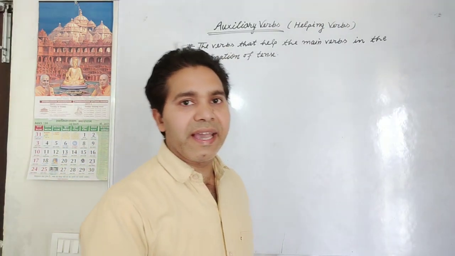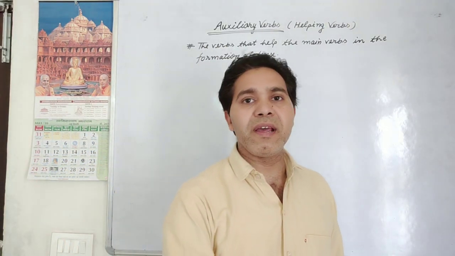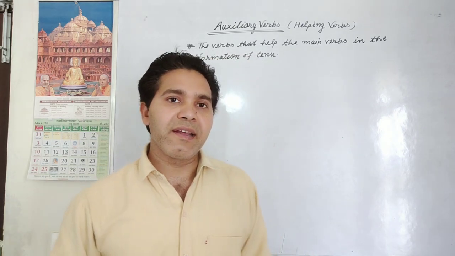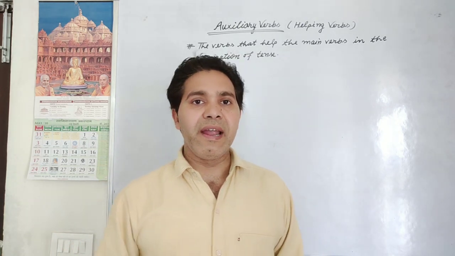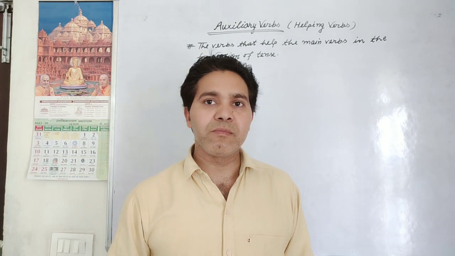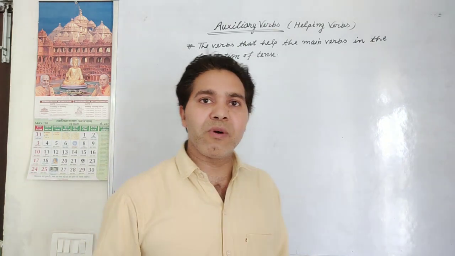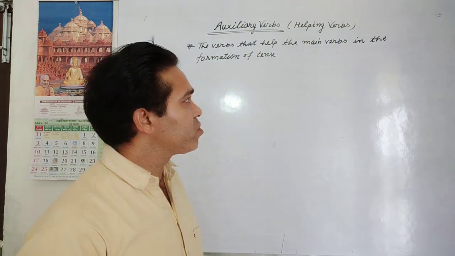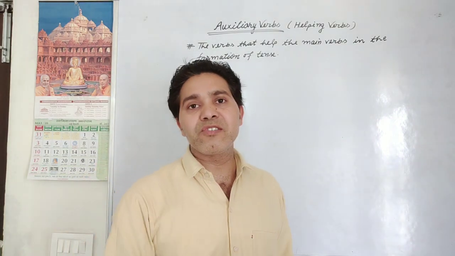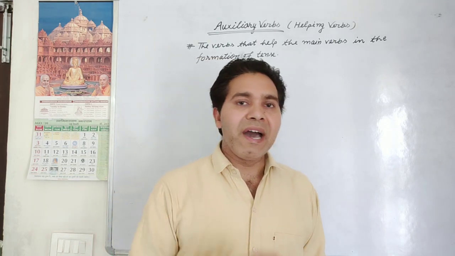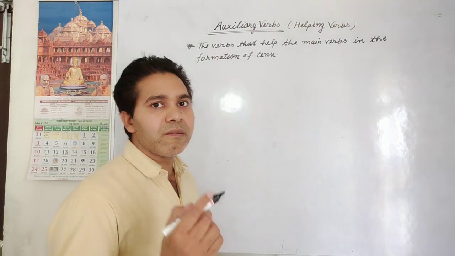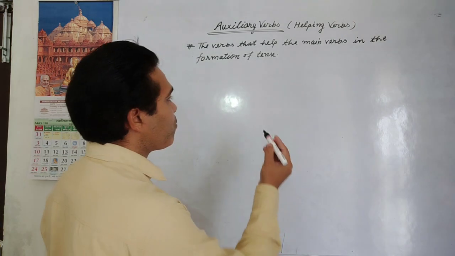So once again, can is informal and may is formal. And can shows the ability to do something in present tense, and could shows the ability to do something in past tense. And may, I have told you, is used in present tense to show permission or request. Might is used for past tense, for weak possibility.